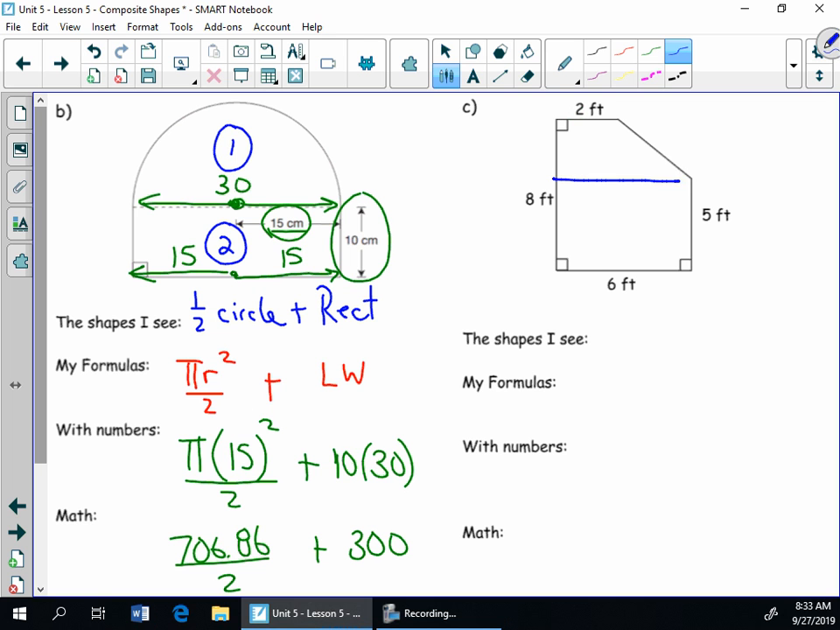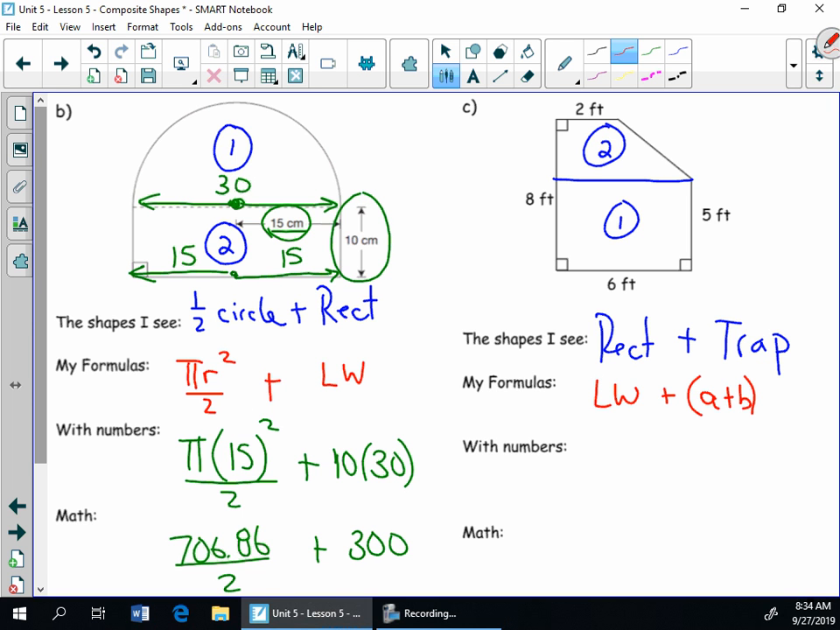Shape 1, my rectangle. Shape 2, my trapezoid. So rectangle plus trapezoid. Okay, formulas are length times width plus a plus b times h divided by 2. Okay, rectangle is still the same rectangle. Well, it's not quite anymore because now it's only 6 by 5